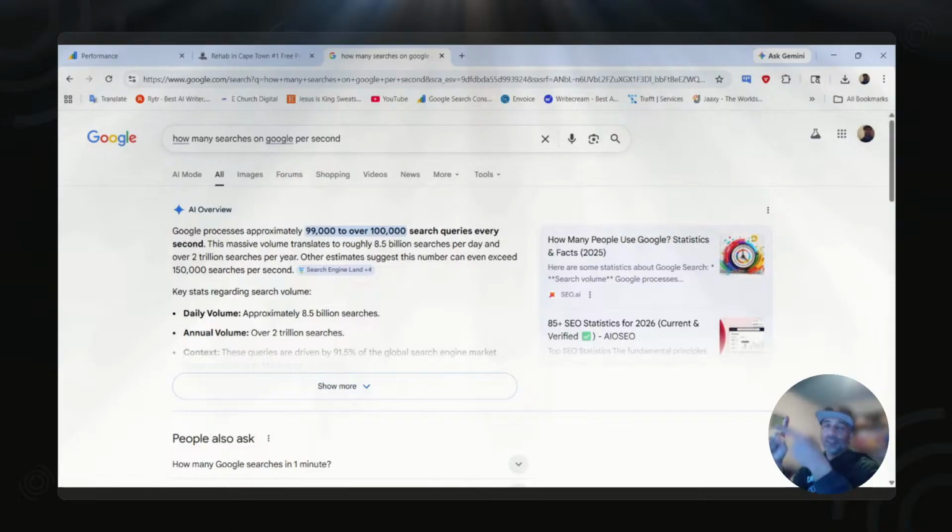And people are typing in church near me. How do I find a church? Free rehab center. They're looking for answers on Google, and your website can show up if you optimize it for the right keywords. I'm not sure if you could do that with social media, but I'm not against social media. That's the power of having a website. Because when someone goes to a new city, they're probably not searching social media on how can I find the church. They're probably going to Google and typing, how can I find the church? When your church shows up, that's an opportunity for that person to get connected to your church and learn about the gospel of Jesus Christ.